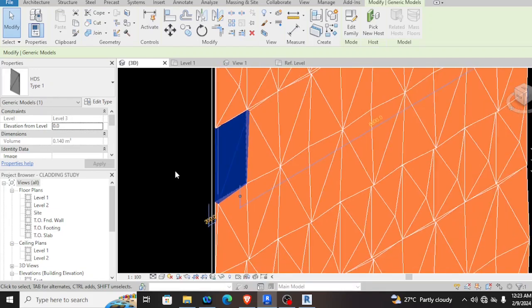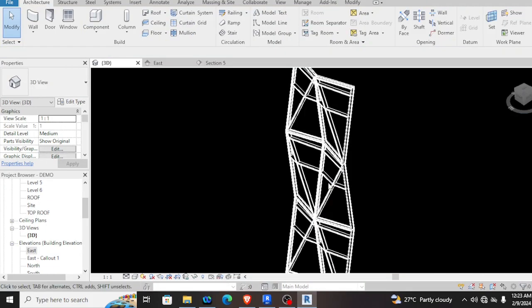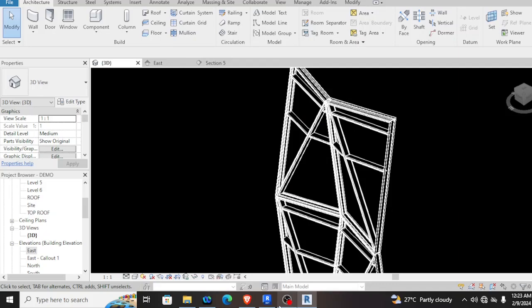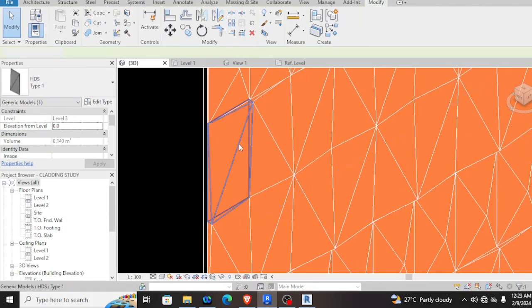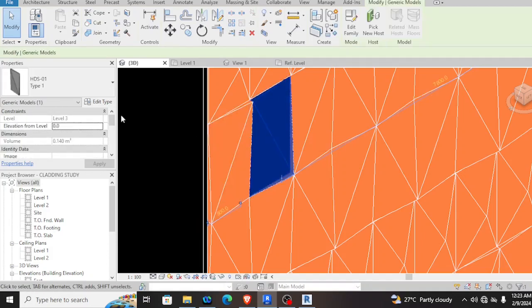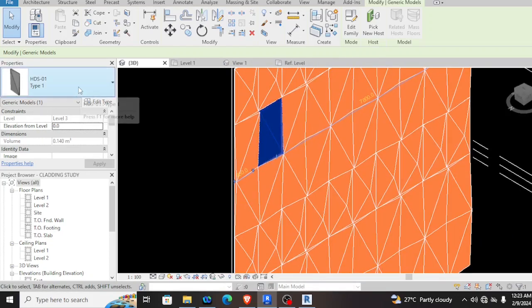The theory, guys, of how to make the glass of this one is the same as how I make this terracotta rivet panels. This is unique, guys, because it has its name. Also, it has the length and the height. Also, the name.